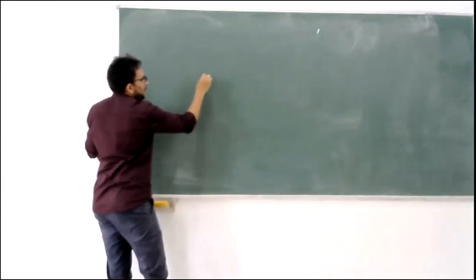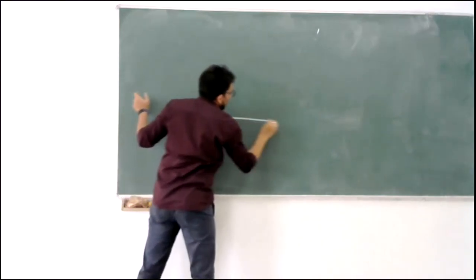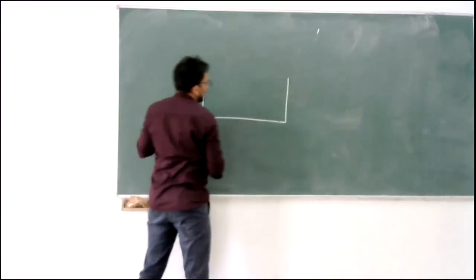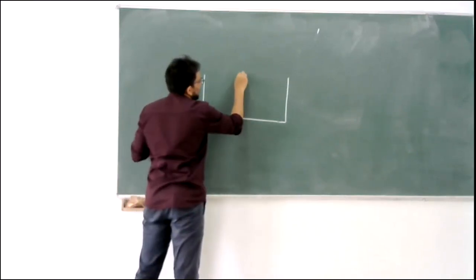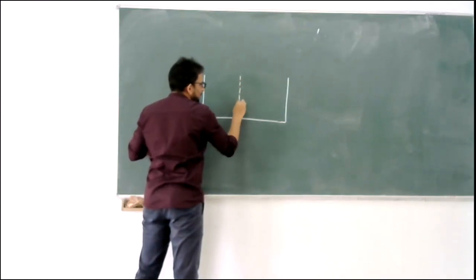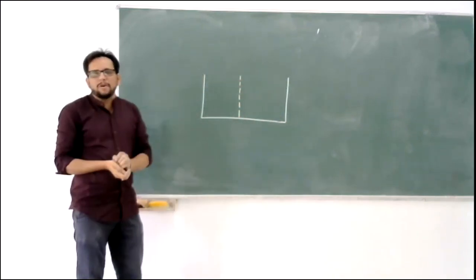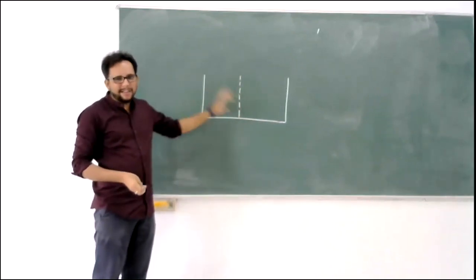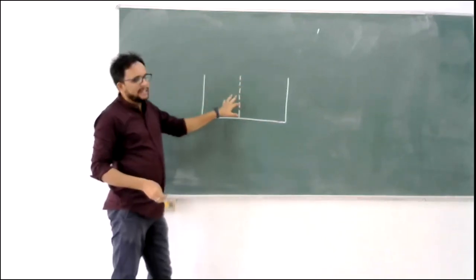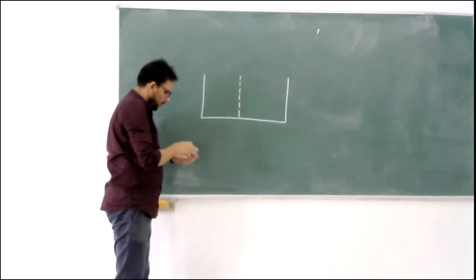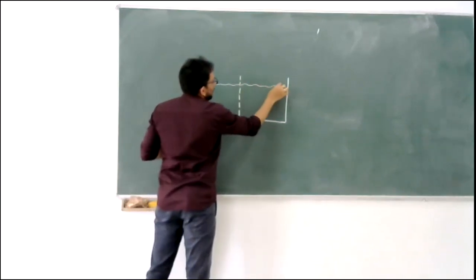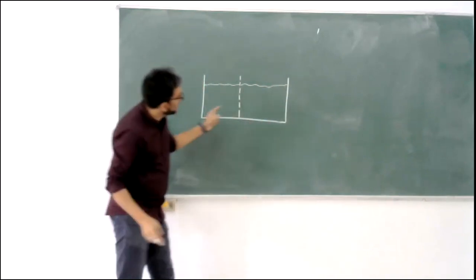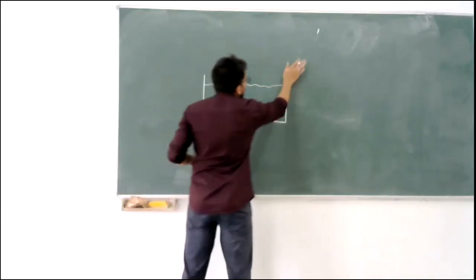Okay, so let's assume again this is a kind of a vessel which is having a semi-permeable membrane or selectively permeable membrane. Now, because I'm going to talk about diffusion and osmosis in the same thing, I am saying it a selectively permeable membrane. So, for general reference, let's say we have water level on both sides up to this much. Consider they are equal.